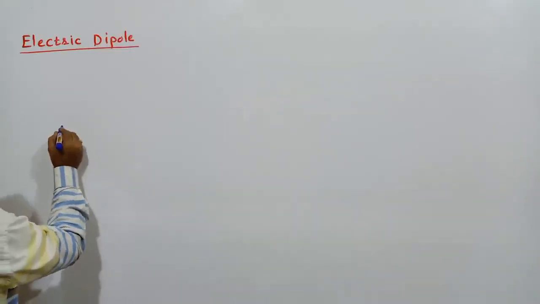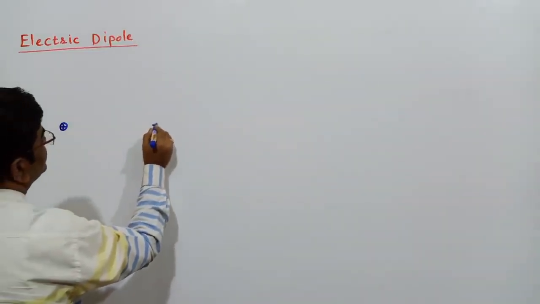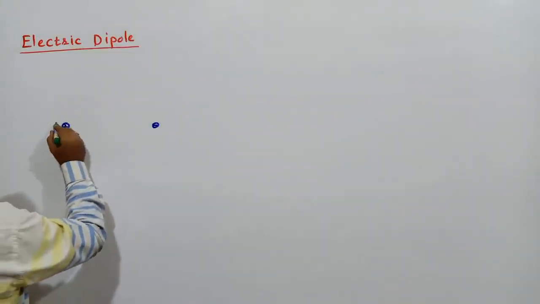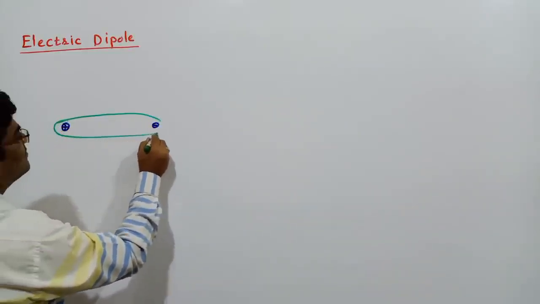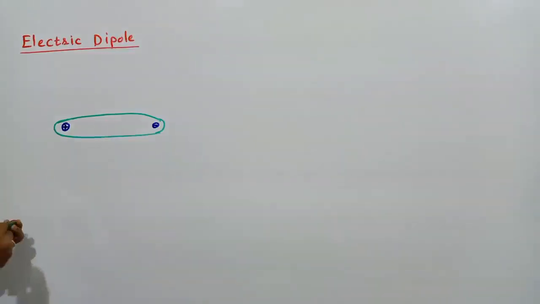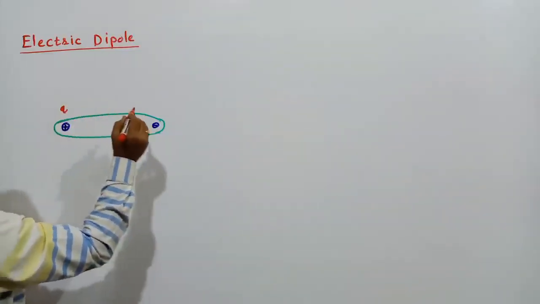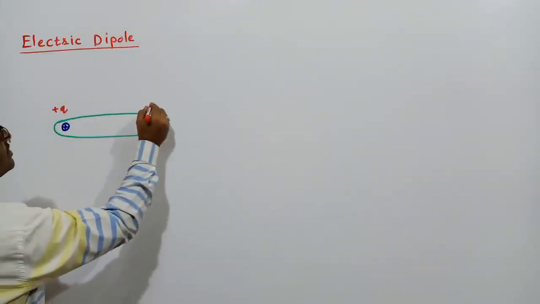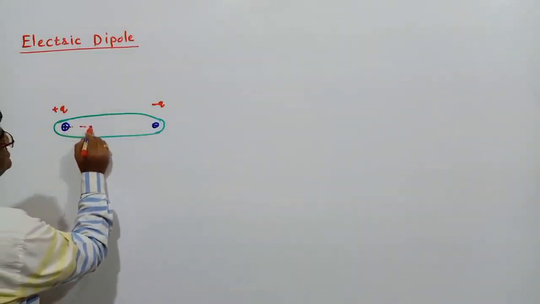So first let me visualize the dipole which I had shown you yesterday also, consisting of positive and negative, an equal amount of positive and negative. Just for the sake of understanding, I do like this to say that this is the system of two equal and opposite charges. One charge I have got is plus Q, another charge is minus Q. And these two charges are separated by this finite distance.